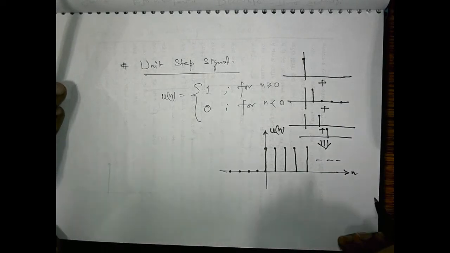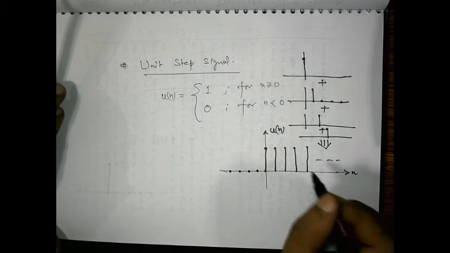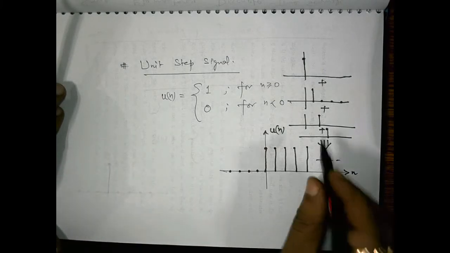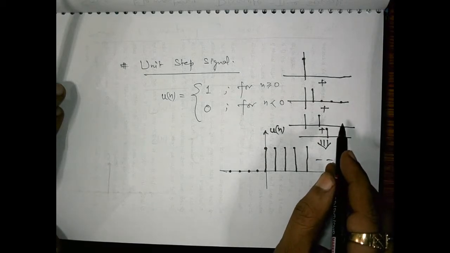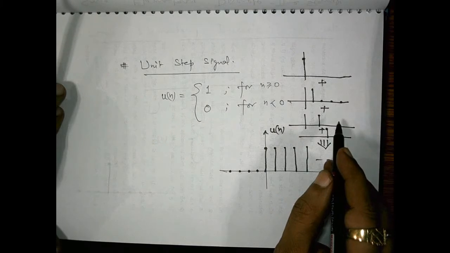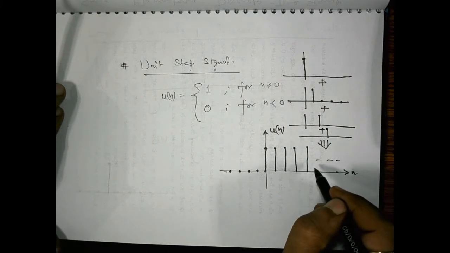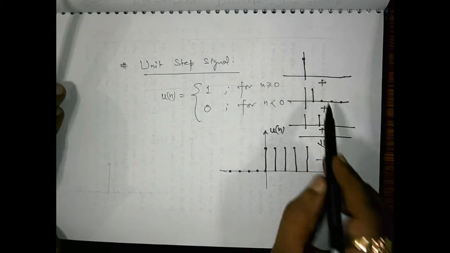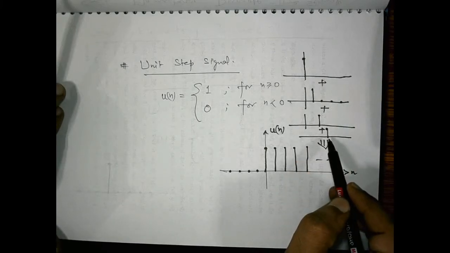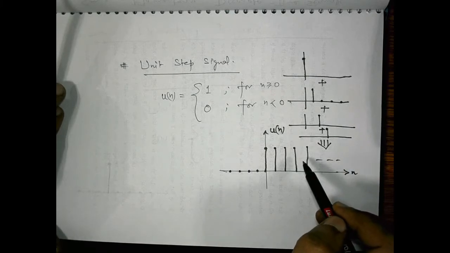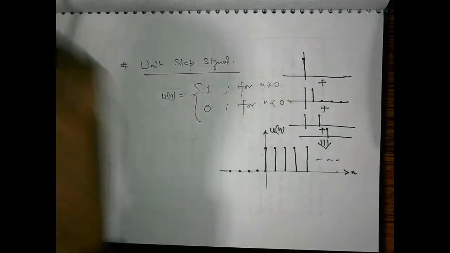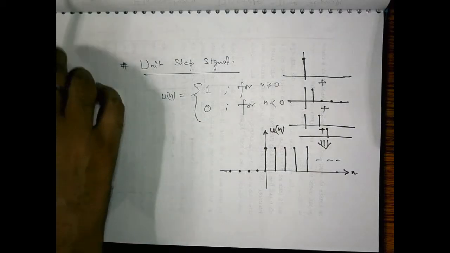This means the unit step signal itself can be decomposed in the form of impulses, shifted impulses, as is apparent from here. Or if we wish to synthesize a unit step signal using impulses, this way, if we add up the shifted unit impulses, we can realize the unit step signal. So this is very simple to observe over here.